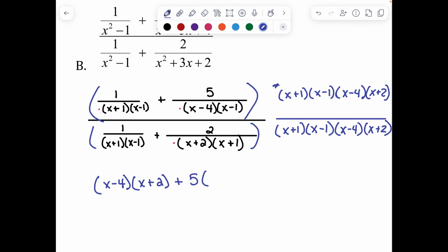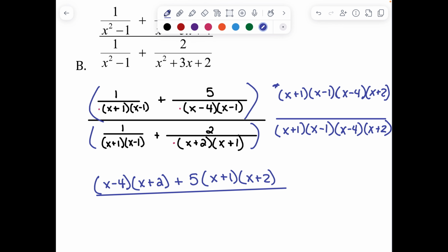So if I have x minus 4, x minus 1 in my denominator, my x minus 1 cancels and my x minus 4's cancel, right? Leaving me with just x plus 1, x plus 2. So I'm going to have 5 times x plus 1 times x plus 2